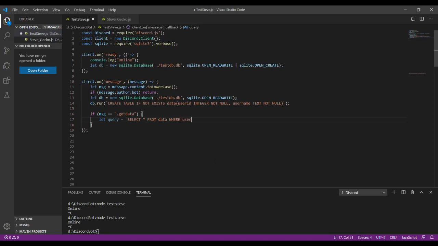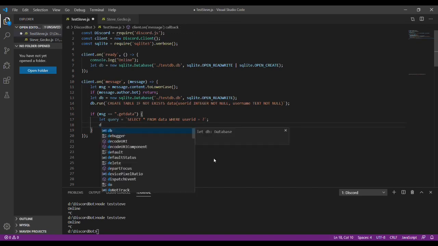So we'll do where user ID equals question mark. Now I'm doing where because the method I'm showing you right now is how to get one row of data right now, not every single row, so just one person. So the where part will tell us which row we're trying to get here. So that's all we need right there, and then we will do